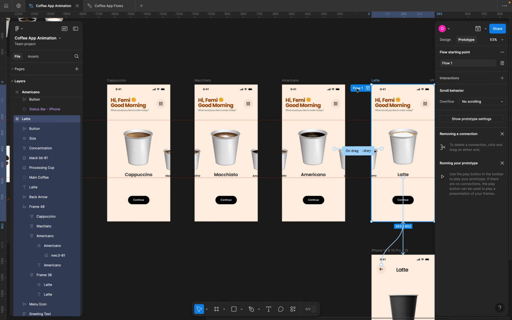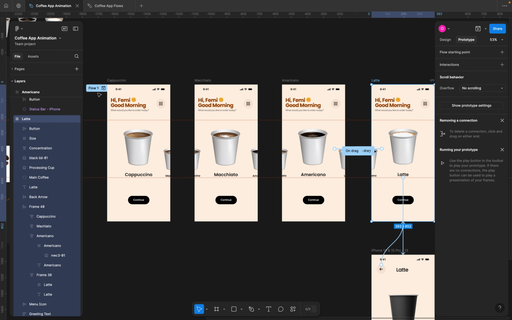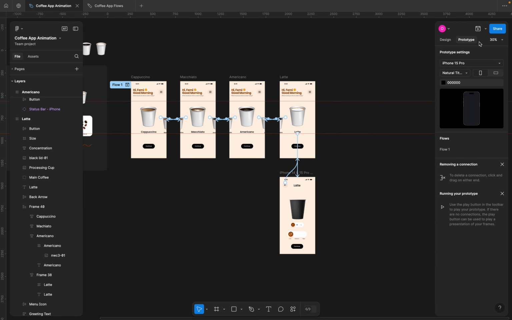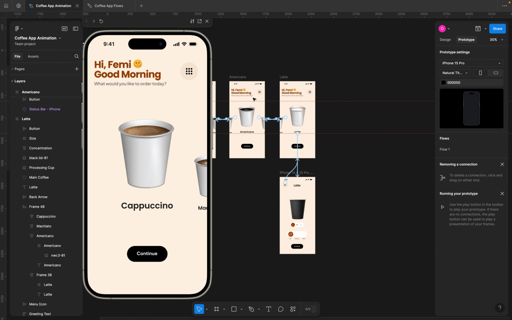Now, having this, I'm going to take out this flow point because the starting flow should not be this page. It should actually be the very first coffee here, which is this cappuccino coffee. And I'm going to place it here. So having this, we can click on preview to preview our prototype, and we can go ahead to start dragging